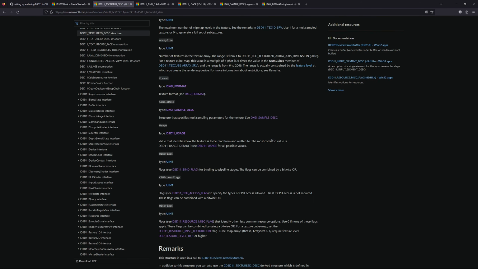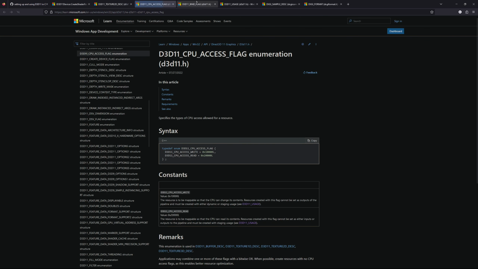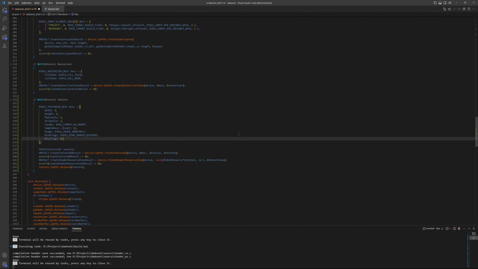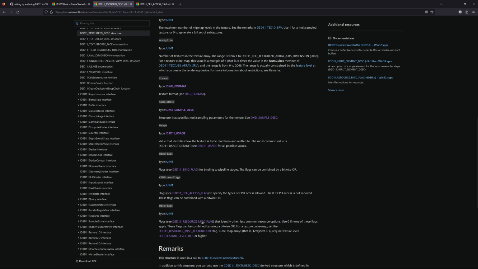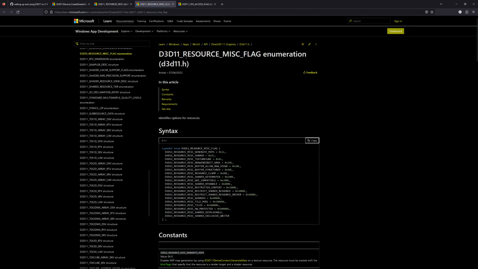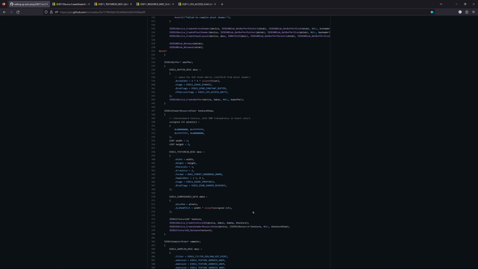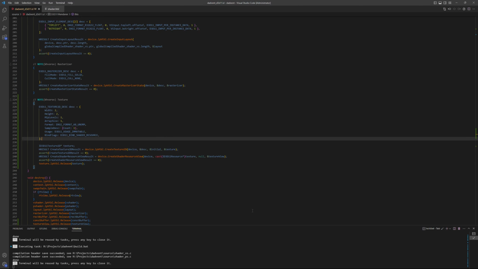CPU access flags. None of those, yeah. And misc flags. Yeah, none of those. Okay, let's compare. Width, height, mip levels, array size, format, sample, usage, bind shader resource, yeah. So that's the description. Now we need the initial data,